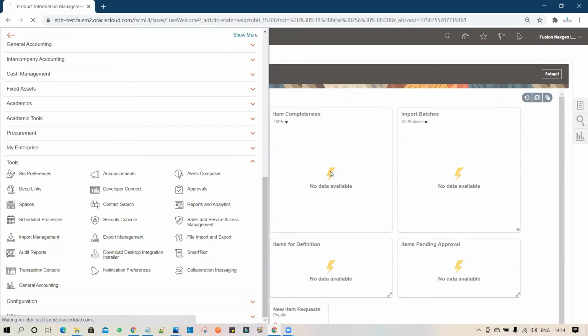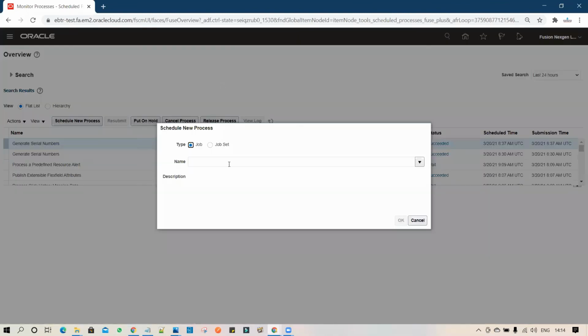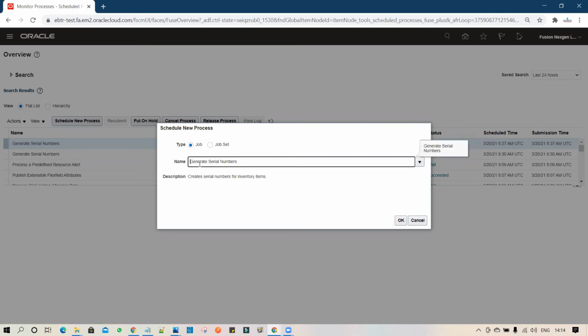You have to click on Tools under Scheduled Processes. Click on Schedule New Process and enter generate serial. Once you search, you get the ESS job named Generate Serial Numbers.